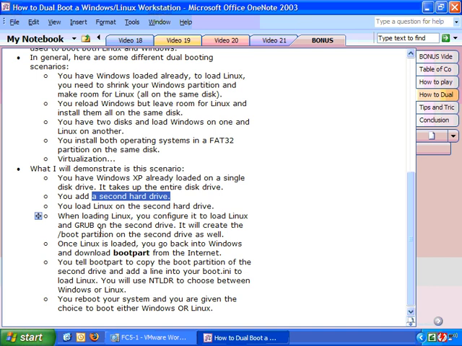Now when you load Linux, you configure it to load Linux and grub on the second hard drive. It will create the boot partition on the second drive as well. Once Linux is loaded, you go back into Windows and you download bootpart from the internet. You tell bootpart to copy the boot partition of the second drive and add a line to your boot INI to load Linux. So you'll use NTLoader to choose between Windows or Linux. Then you reboot your system and you're given the choice to boot either Windows or Linux. This is just one of the many multiple boot scenarios, but it's the one that I want to demonstrate for you now. So I'm going to go over here to my virtual server,